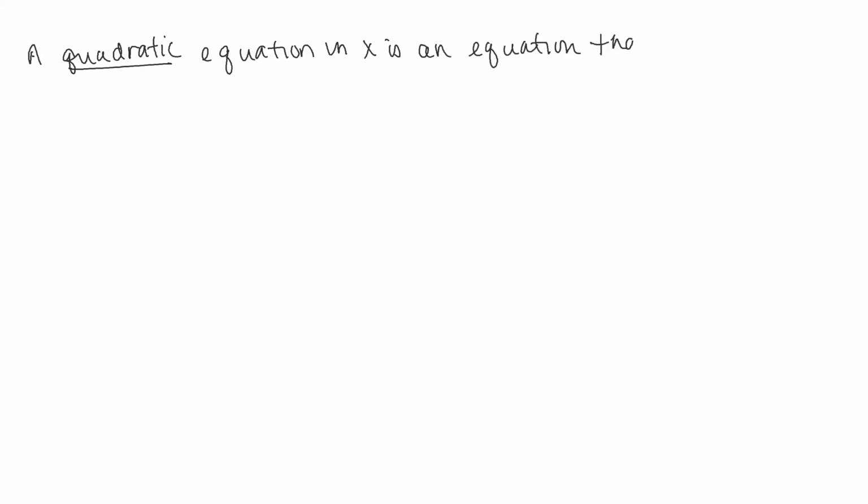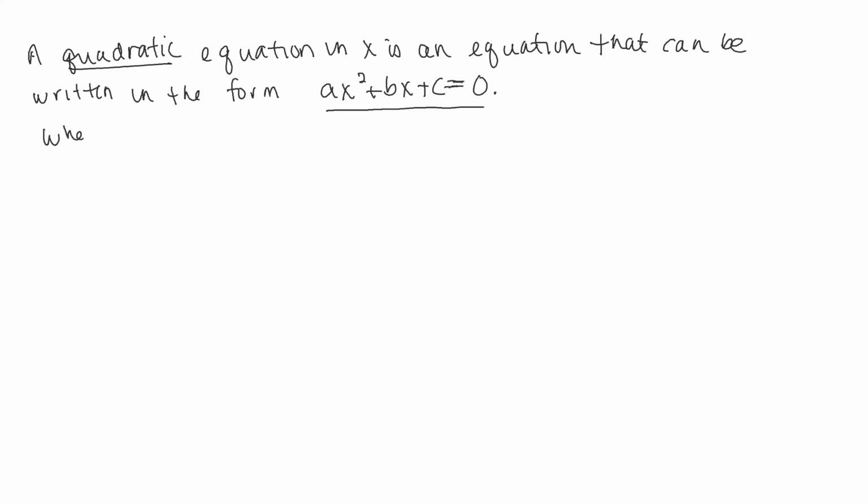Okay, so definition: a quadratic equation in x, that just means the variable is x, is an equation that can be written in the form ax squared plus bx plus c. That should look familiar, but for it to be an equation, there has to be an equals. So we're going to set it equal to 0. I do want to add where a, b, and c are real numbers